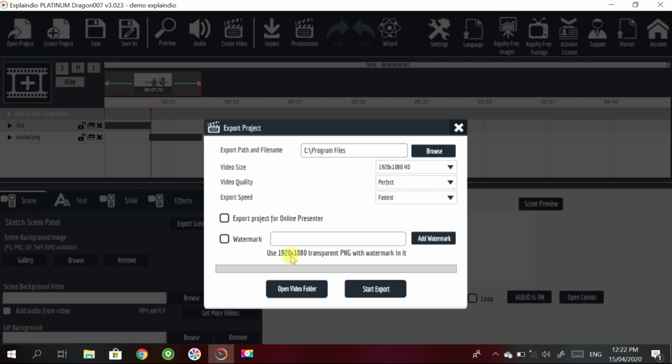Let's make it perfect. And then the export speed, you can make it max, real time, fastest, stable. Let's make it fastest, right? You can make it max, but I prefer to use fastest. And then to do that, you can go ahead and click on start exporting your video. But you may want to